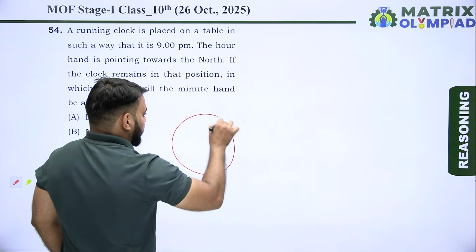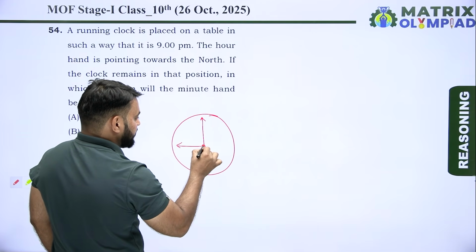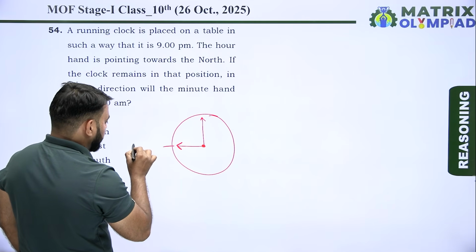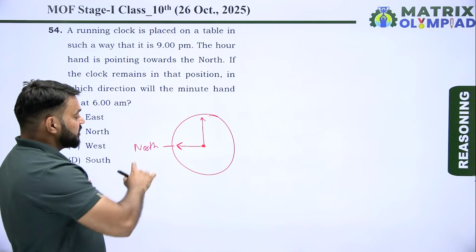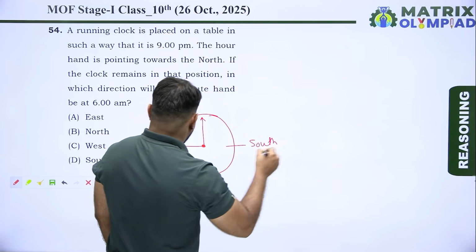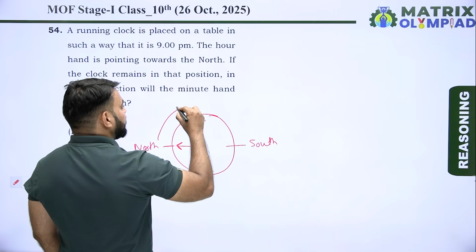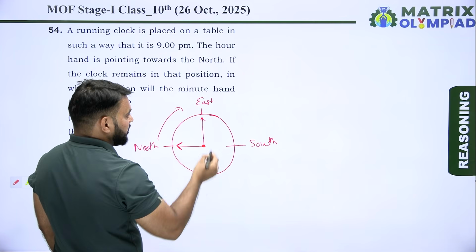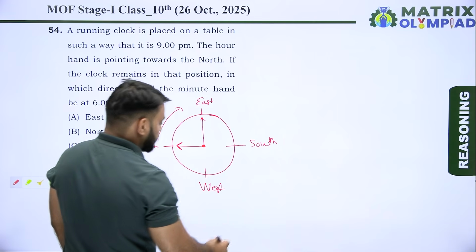एक क्लॉक है, क्लॉक के अंदर टाइम हो रहा है 9 o'clock. Now time is 9 o'clock and our hand shows the north direction. Our hand है north direction को show कर रही है. So now opposite of north known as south. North का opposite direction south and north के 90 degree clockwise होता है ईस्ट डायरेक्शन. सो दिस इज द ईस्ट डायरेक्शन और ईस्ट का अपोजिट होता है वेस्ट डायरेक्शन. सो दिस इज द वेस्ट डायरेक्शन.